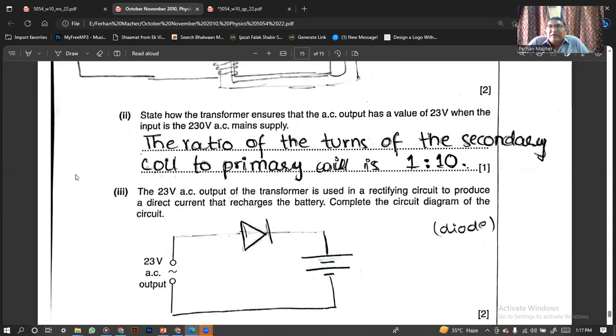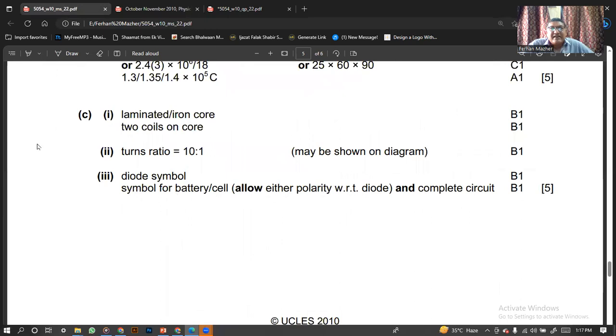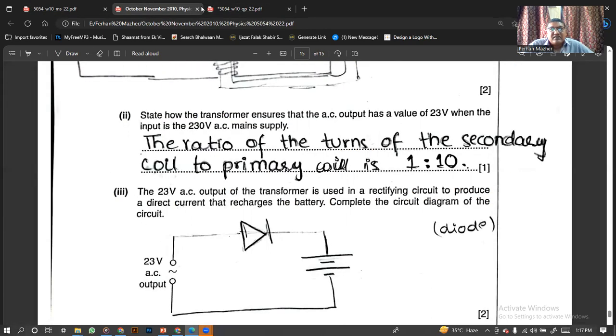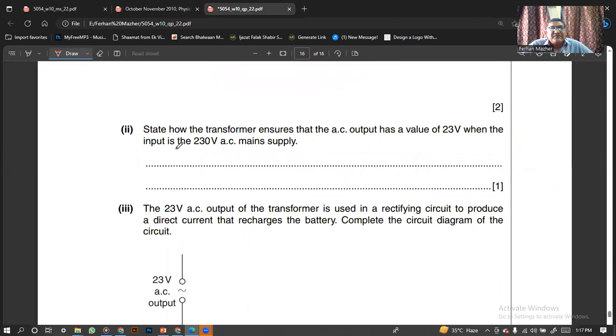Secondary turns will be 1 and the primary turns will be 10. You need to be very, very clear about this. Okay, then we have, he says,